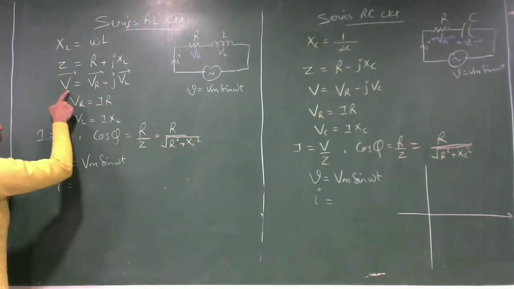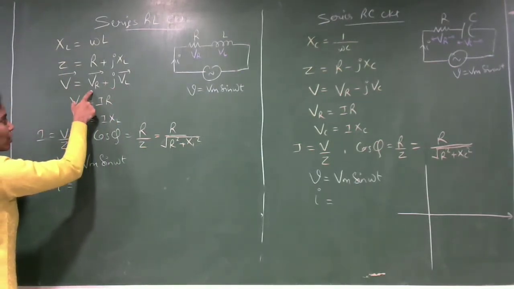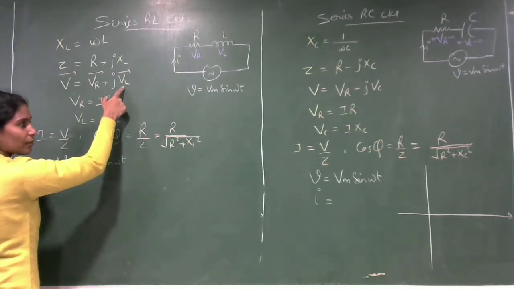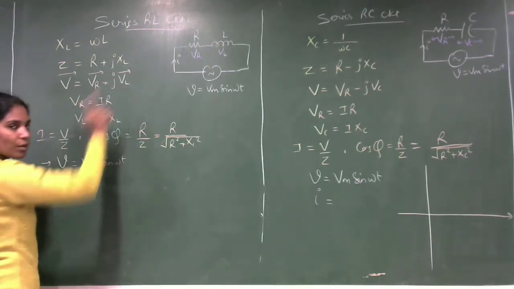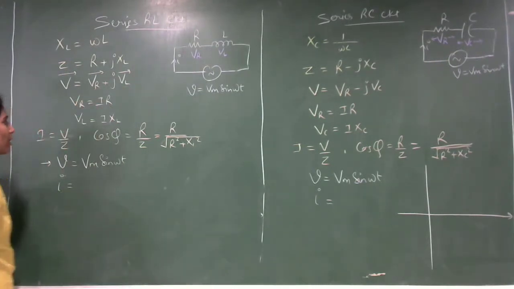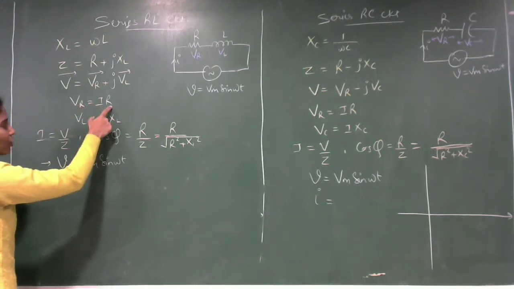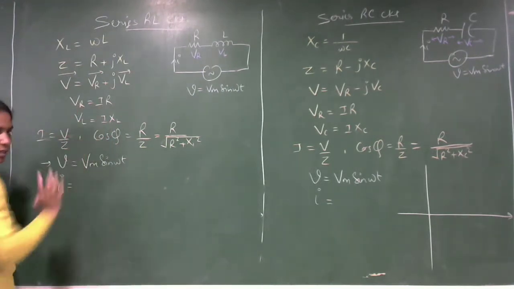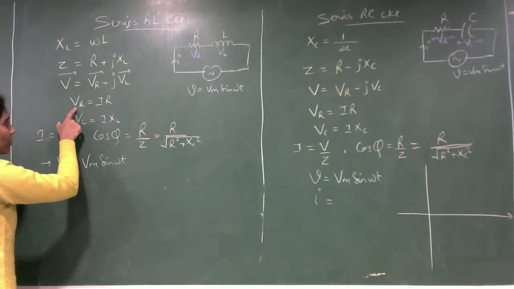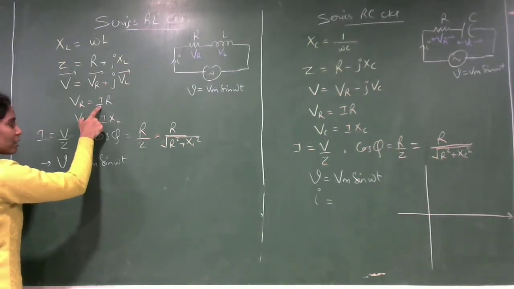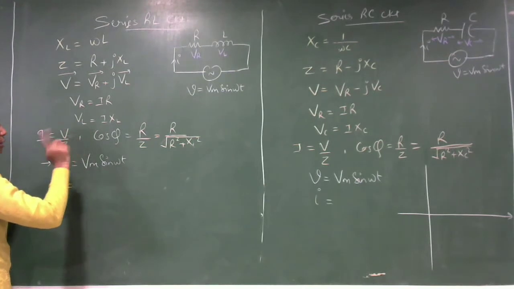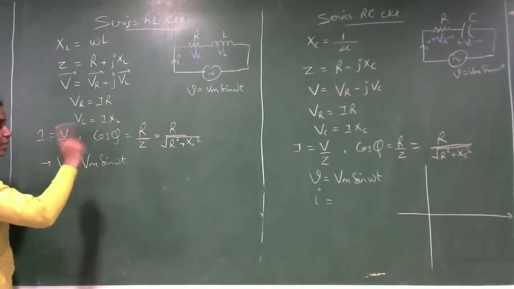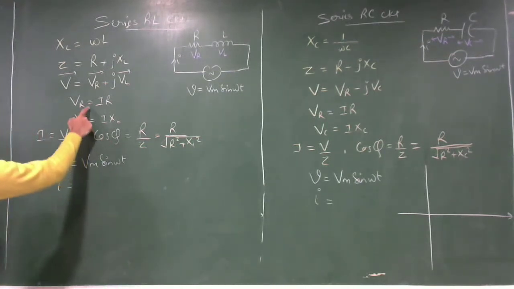Okay, if I write the peak value here, this will be the peak value for the resistor and the peak value for the inductor. If I write the RMS value here, this will be the RMS value for the resistor and the RMS value for the inductor. Just keep that in mind. So what is VR here? That is I into R. What is VL? That is I into XL. Again, if this is the peak value, the current should also be the peak value. If it is the RMS value, it should also be the RMS value. Whatever is on both sides, their type should be the same, either peak and peak or RMS and RMS. Right? So this is VR and VL.